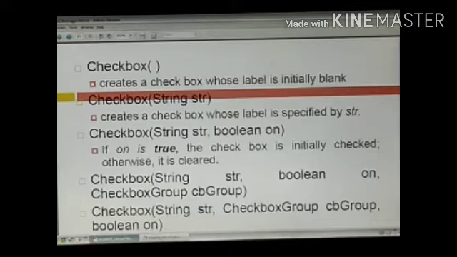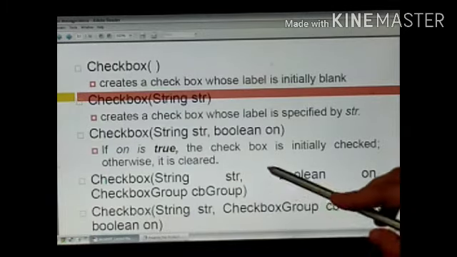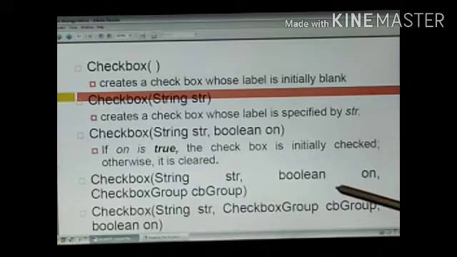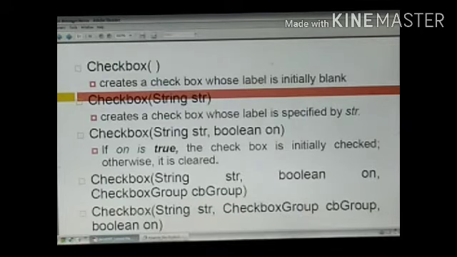The group is specified by cbGroup. If this checkbox is not a part of a group, then cbGroup must be null. So if we keep that last parameter of the checkbox constructor null, then this checkbox does not belong to any group.